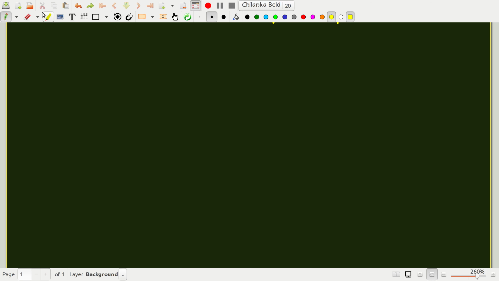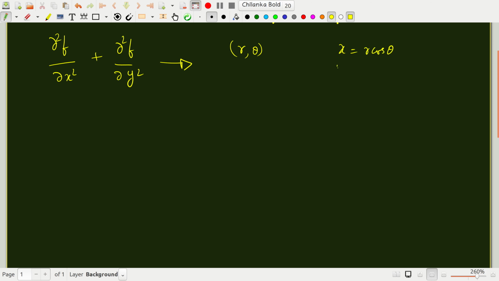into cylindrical coordinates, polar coordinates. So remember we had this kind of situation where we wanted to convert this to a partial differential expression in terms of r and theta, where x is r cosine theta and y equals r sine theta, right? This is what we were trying to do in the earlier video, probably part 2 of the partial differential module,